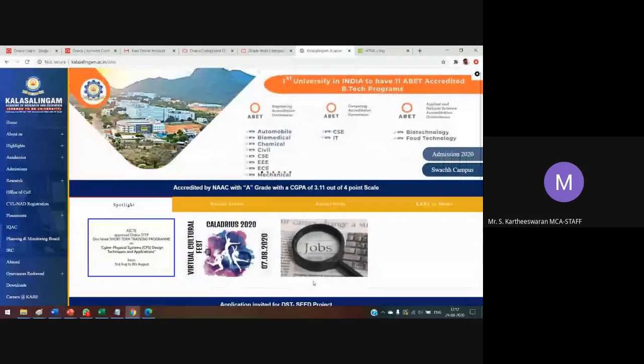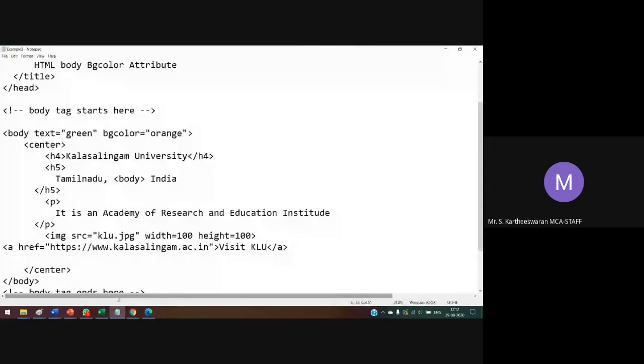Just provide the link for that corresponding website, and then it will redirect to the link. This is the label. It will provide the hyperlink. It is the reference link.